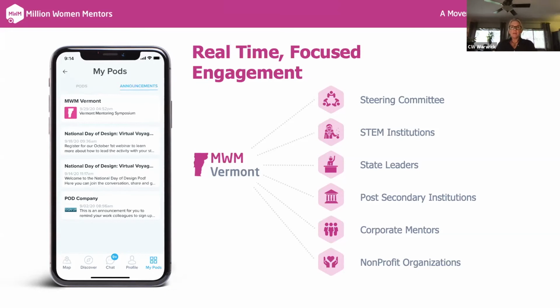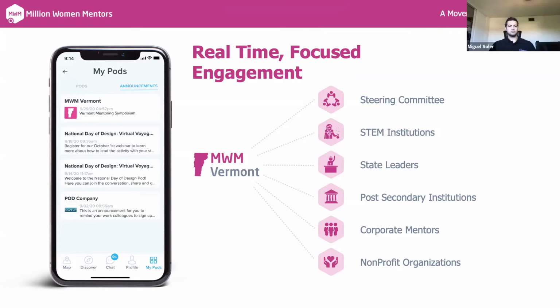But announcements allow the host of the pod, so the state leader who's hosting the Vermont pod, to instantaneously get announcements out to all of the members within our group, right? Maybe there's an event happening, or a meeting we really want everybody to participate in, or maybe it's a call for volunteers.